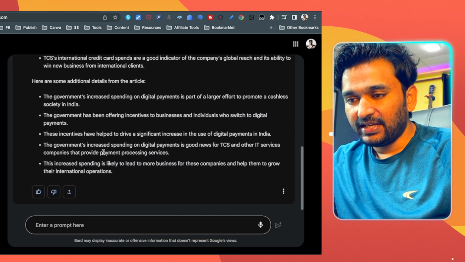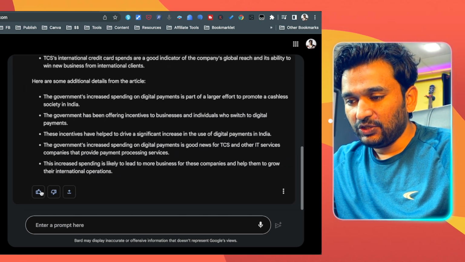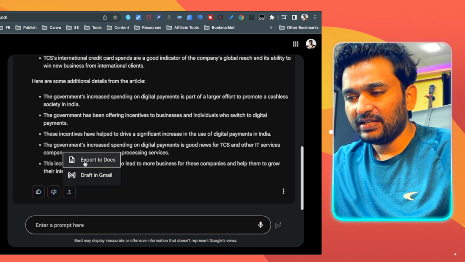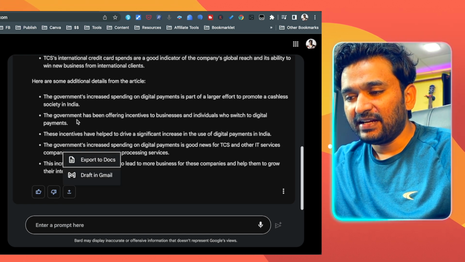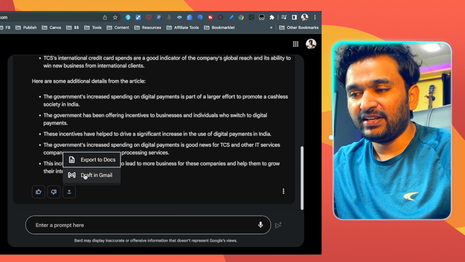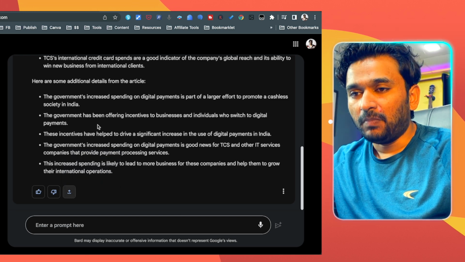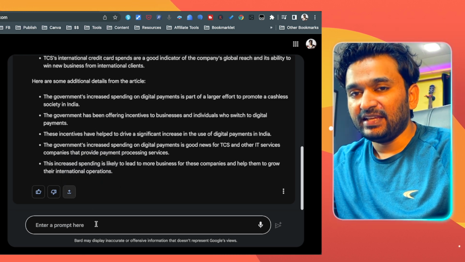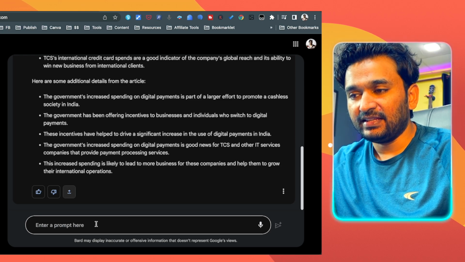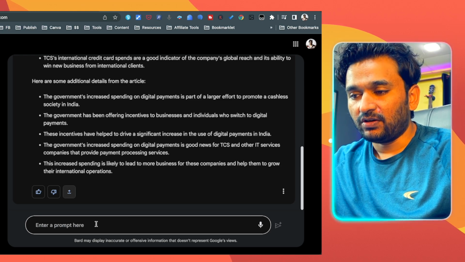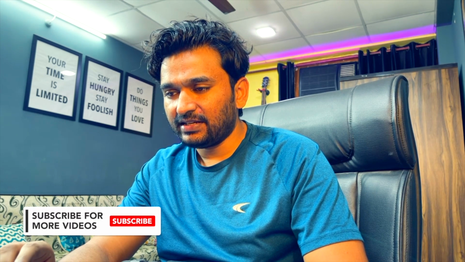And another good thing is you can export the data that you get directly into Google Docs, or you can create a draft in email. So you can use Google Bard AI to write an email or essay or anything, and then it will put that in Google Docs. For example, on 16th of May, day before yesterday, I asked it to create a plan for me. The prompt is,